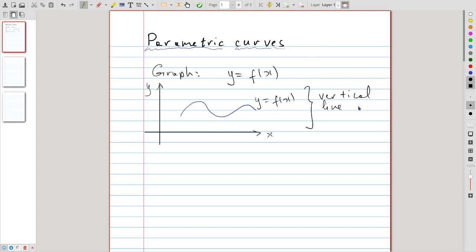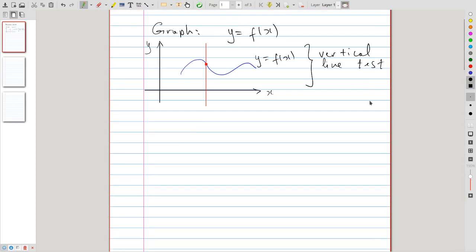which says the following. If you take a vertical line like so, then it can intersect the graph of your function only at one point, say here. It will never intersect the blue graph in 2 points, regardless of which function f you take. So of course, this imposes a restriction on the types of graph that you can get. So for example,